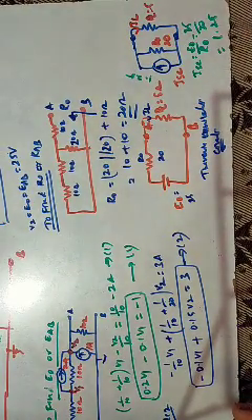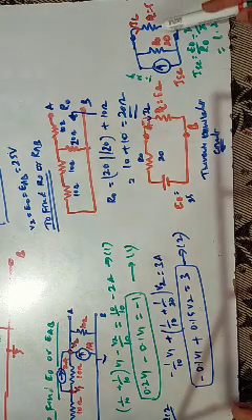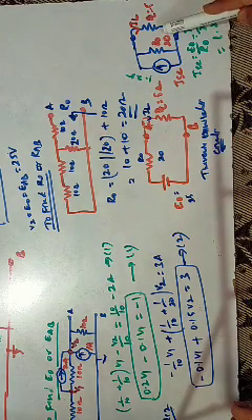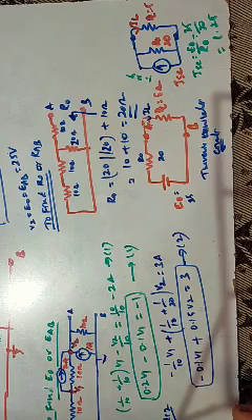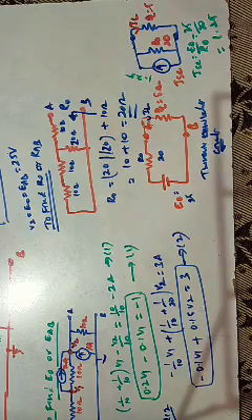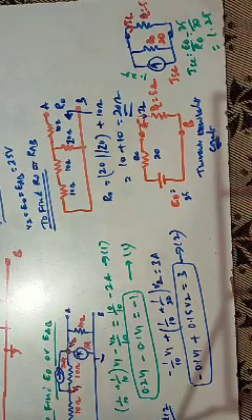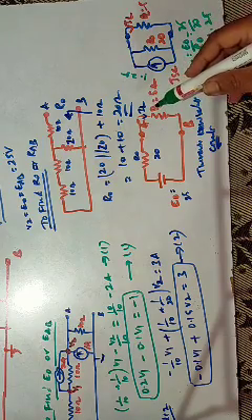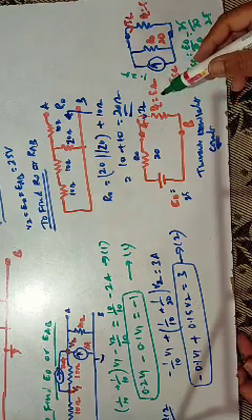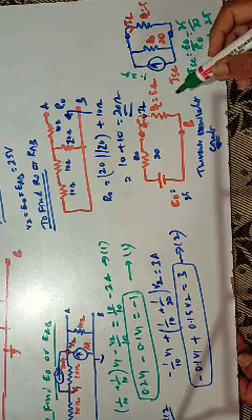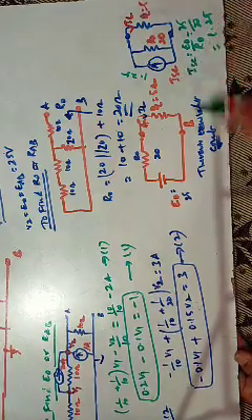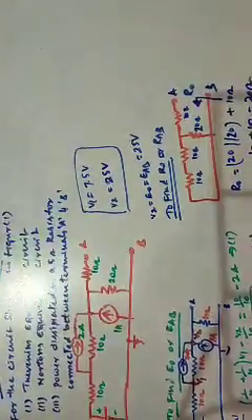Okay, this is the Thevenin's equivalent circuit, and here what I have drawn is the Norton's equivalent circuit. Also it says that we have to find the power delivered to the load. To find the power delivered to the load, I should find the current through the load, that is IL. Once I find the IL, we can find that power delivered to the load is equal to IL square into RL. First we will find the IL.